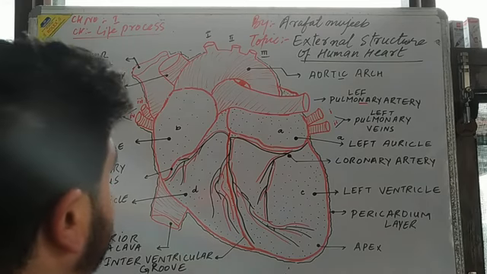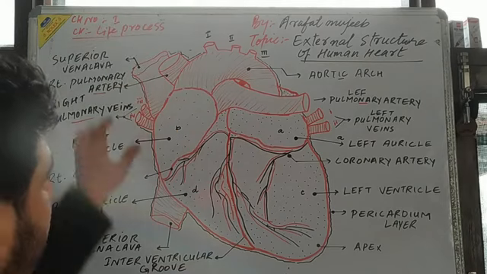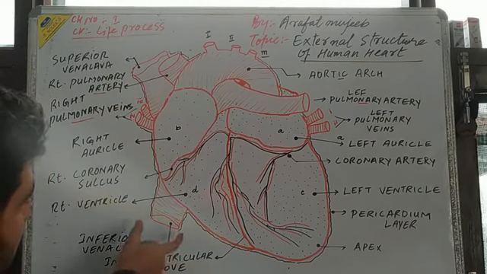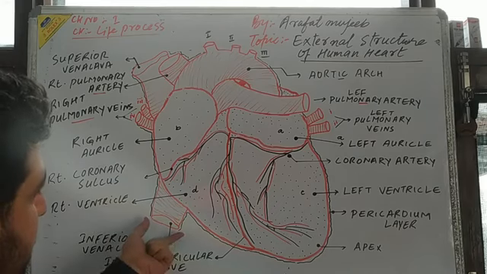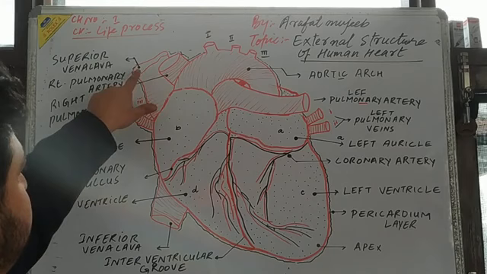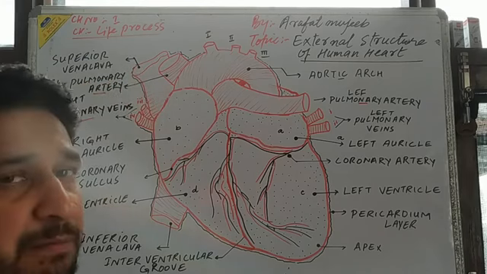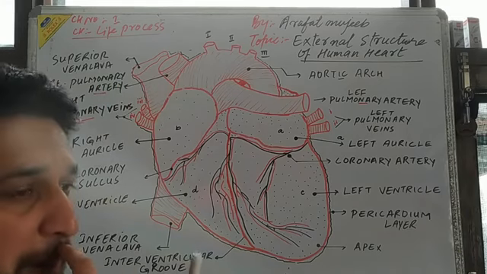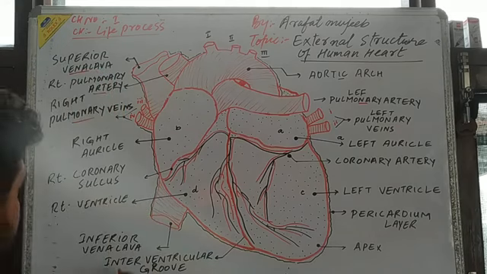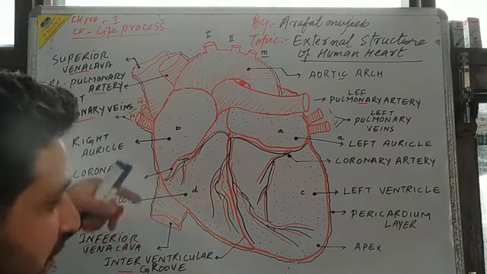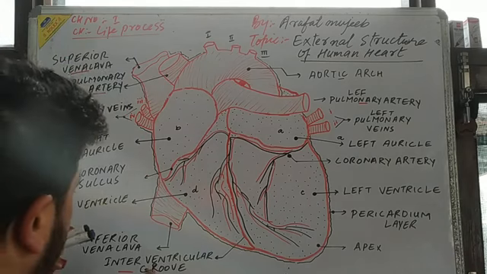Then here is also the blood vessel. This is the inferior vena cava. This is the inferior vena cava. This is the superior vena cava. This is a big blood vessel which carries the deoxygenated blood from the lower side of the body and the upper side of the body, the superior vena cava and inferior vena cava,